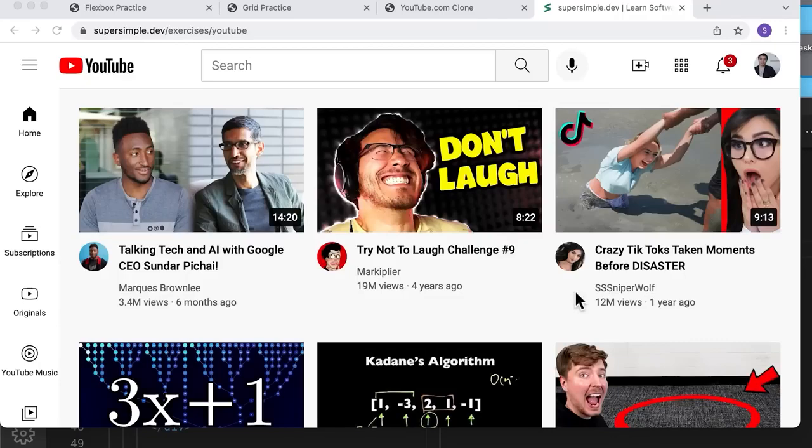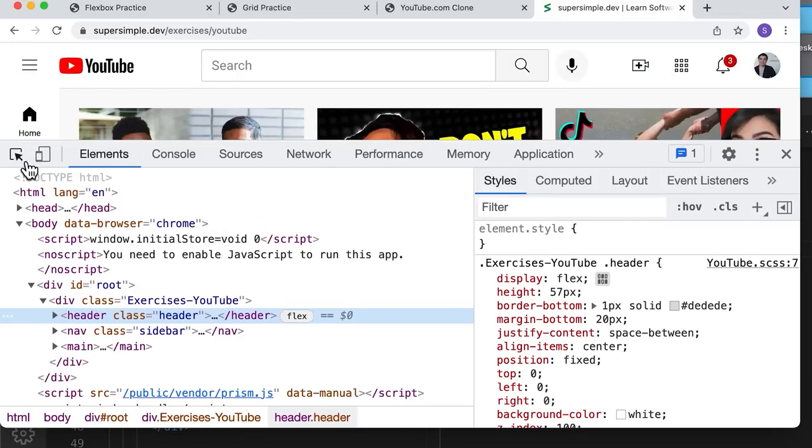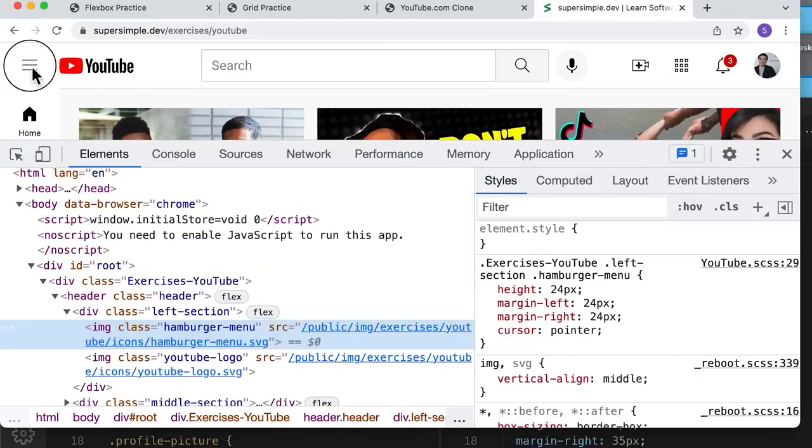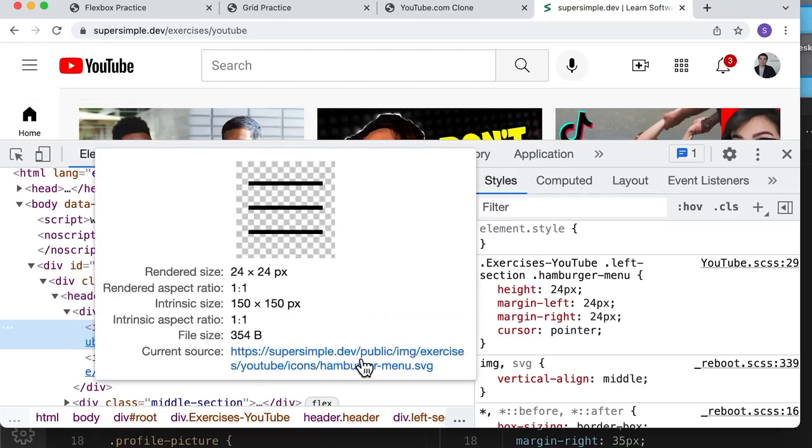And now that we have the general layout, we're going to finish up the rest of the header. Before we do that, we're going to download all of these icons and images that you see here. To do that, we're going to right-click, inspect, and then click this in the top left, and then click the icon we want to download, and then we can find the URL down here. I'm going to hover over it, and then click this link to open in a new tab,